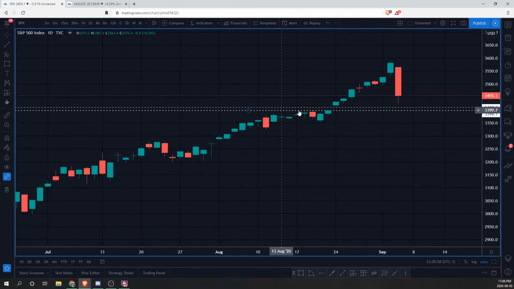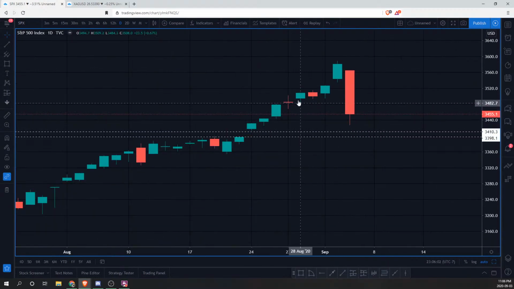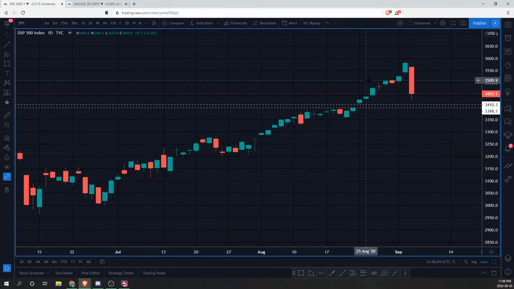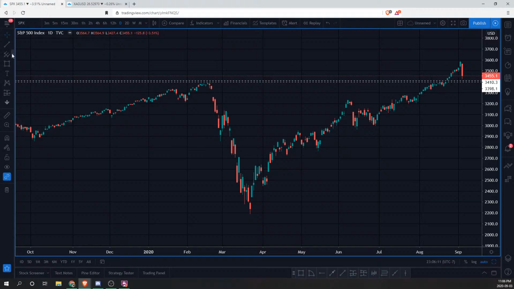We can see a very significant level of resistance. We had a hard time breaking above it. Once we broke above it, we had a strong impulse push to the upside. Yes, this is a very aggressive corrective move, but look what happened right here, right? The 61.8. So if we're looking back at the previous continuation to the upside, we have to understand